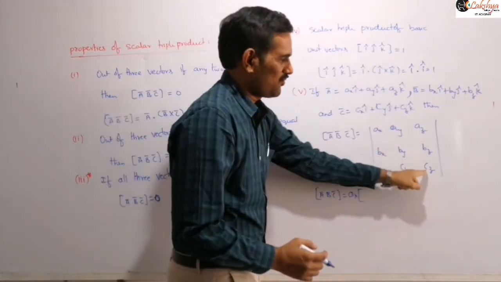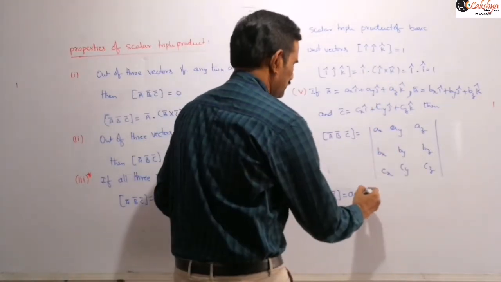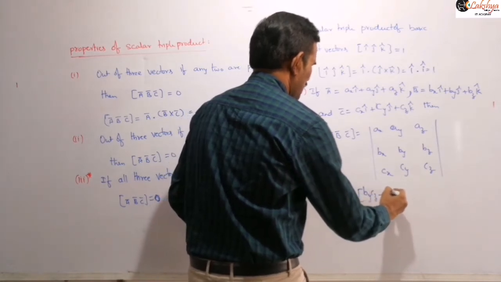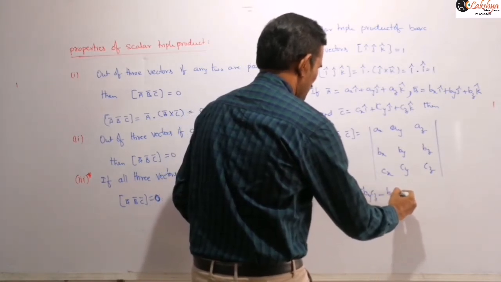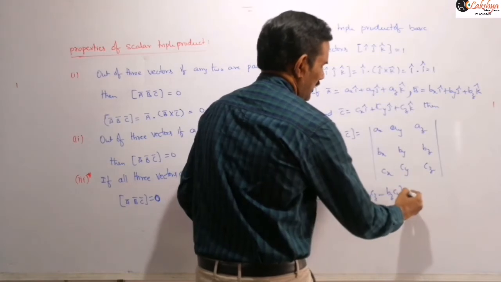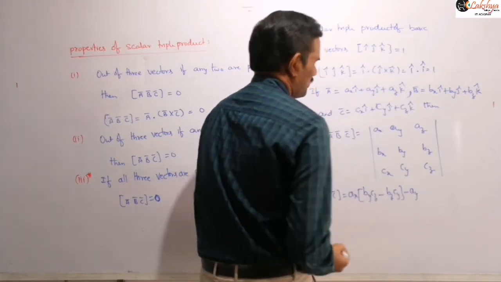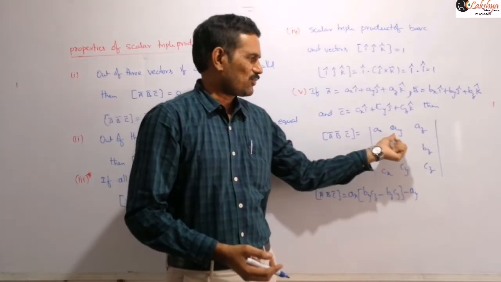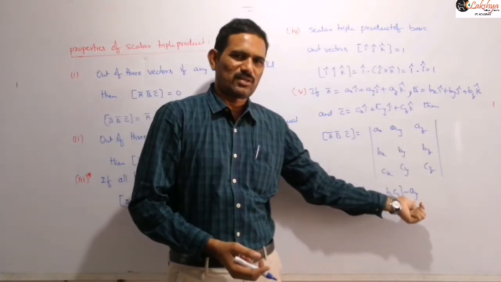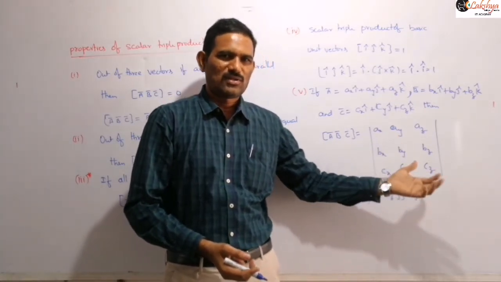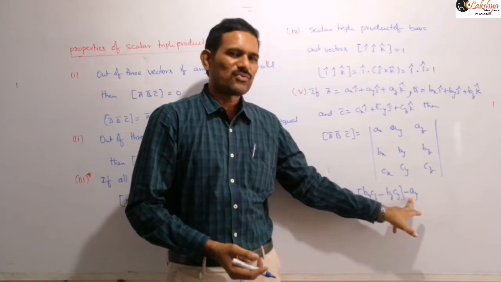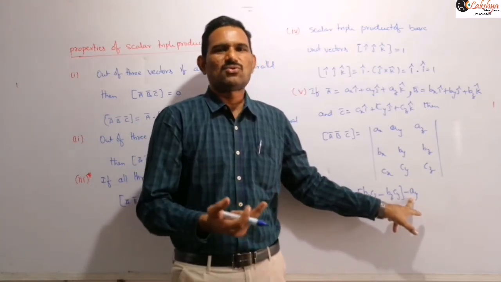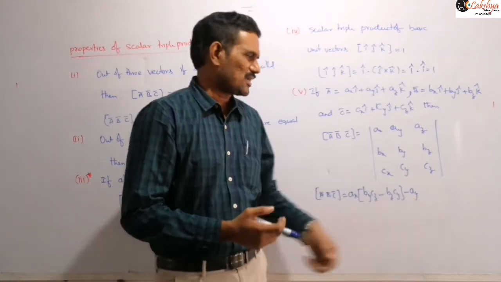Then ax into, now we need to multiply these two terms, by into cz minus bz into cy. Next, minus ay into. There you need to remember that in the cross product, minus j cap was there, as we mentioned in the previous discussion on the cross product. Instead of j cap, now simply ay is there, but for this ay also you need to write minus. So minus ay into,